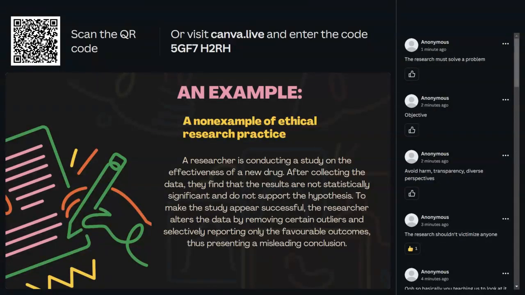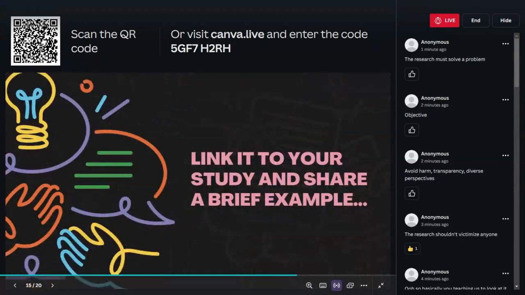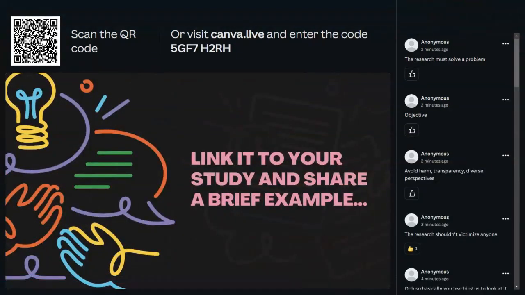I hope this makes sense, and I'm going to go to the chat to ask you if you understand or not. And then you have to link it to your study. And perhaps if one of you is brave enough on the chat to think of your own research study and maybe ask me if your thoughts are on the right path, we can look at it and, as a collective, try and help you look at a non-example to unpack your particular study.